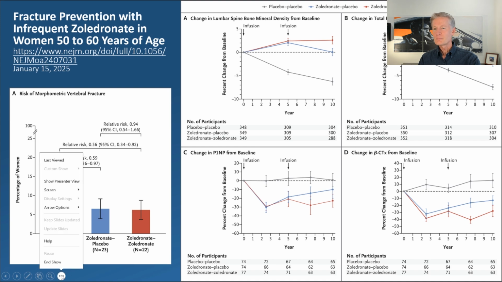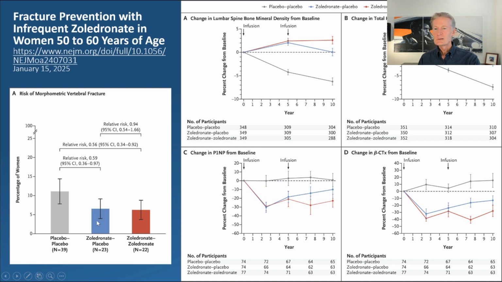Sorry, let me make it so my mouse doesn't disappear here. Okay. So that's a good thing. Now this third group had an infusion at year 0 and an infusion at year 5. And you can see they gained again in the spine and maintained that gain for 10 years. So this is that thought where, oh shoot, maybe I could just do an infusion once every 5 years and maintain my structure and bone density and reduce my risk of fracture. And between those 5 years, it gives your bones a chance to heal and fix some cracks and fractures and do what they're supposed to do.